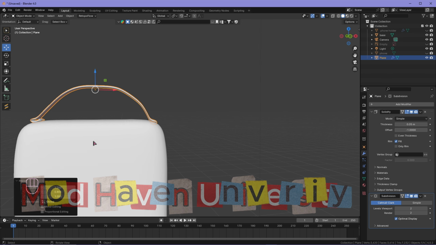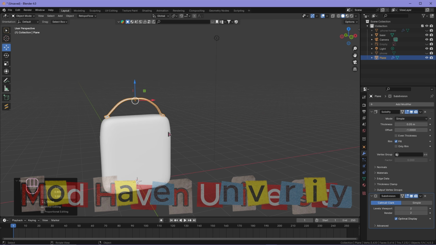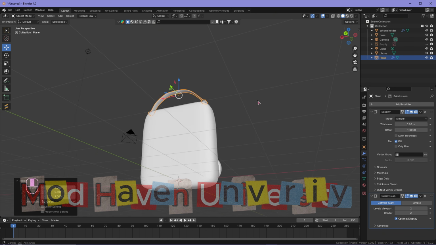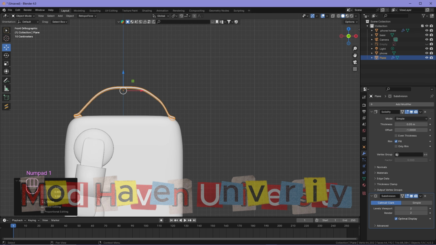All right, then you do it to your liking, okay? It's a bag, it doesn't have to be perfect. You want to make it look natural and real. So now that we have that part, let's go ahead and take a look at what we have now. So it's pretty much coming along. Next, what we want to do